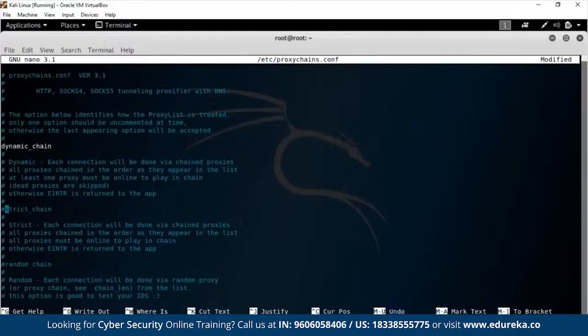Dynamic chains give you the ability to go from A, B, C, D to your desired destination without having to adhere to any order. So let's say C is down, you would go A, B, D, and it would work with no problems. Even if B was down, you would go A, D and still reach the destination. So as long as one single proxy is functional, it's going to work, and you don't require any specific order.